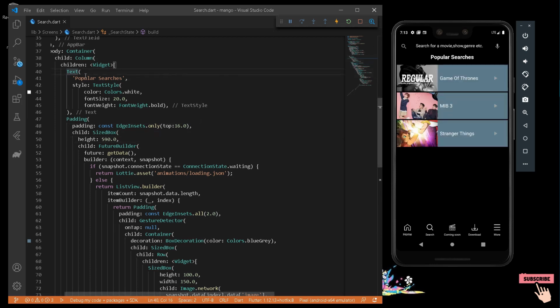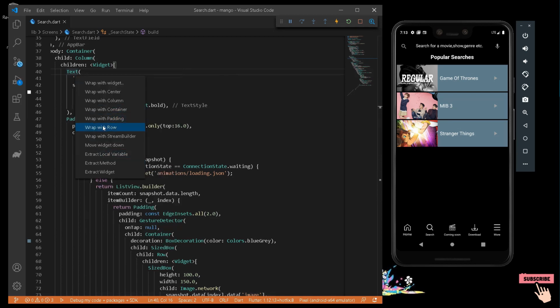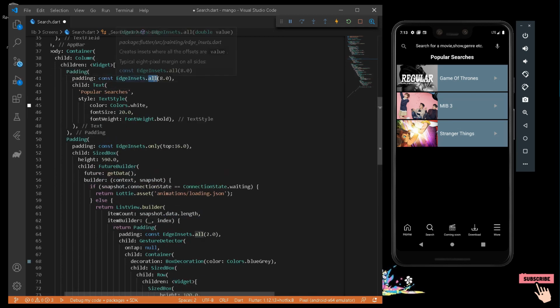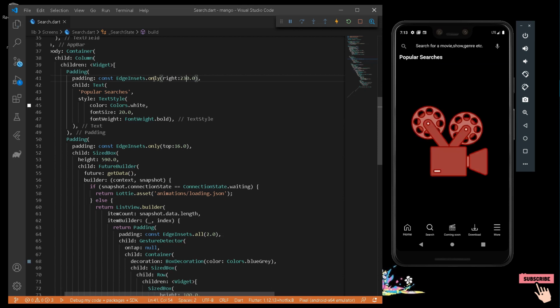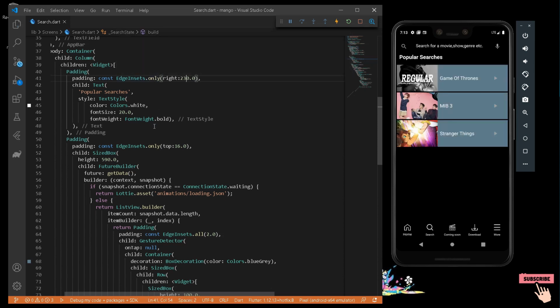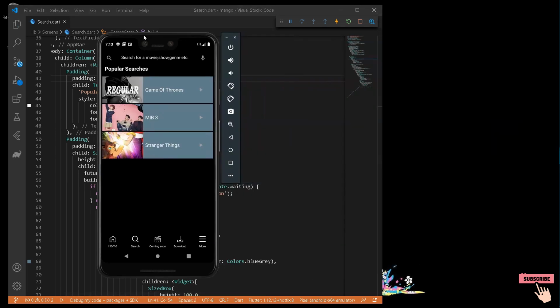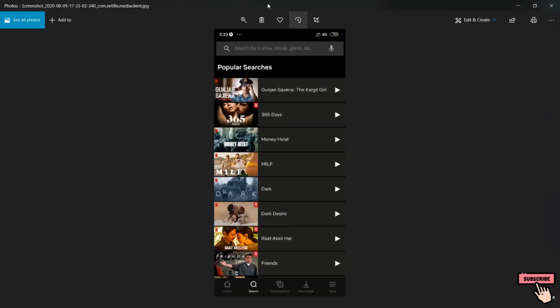Now also we can move our text to the leftmost side by using our favorite tool, which is padding. So here I can write only from right, that is right. Okay, I'm always bad at spelling, man. Okay, let's say 200. Okay, 230. Our guess is always wrong. It's okay. Now we have completed our UI. So now let's cross check it once.